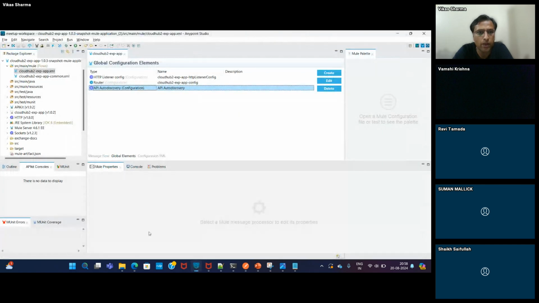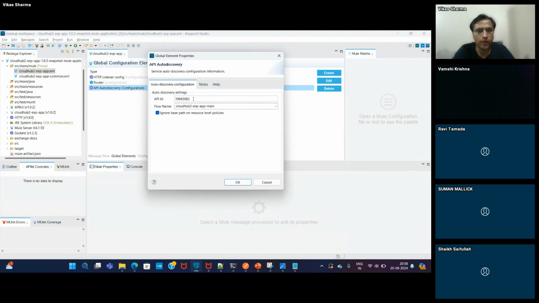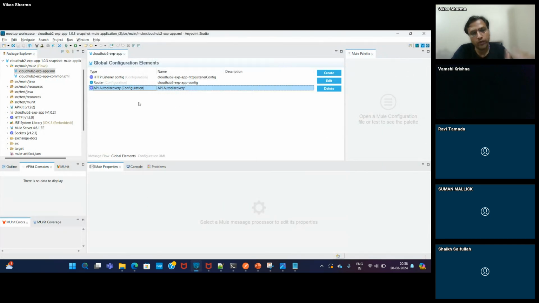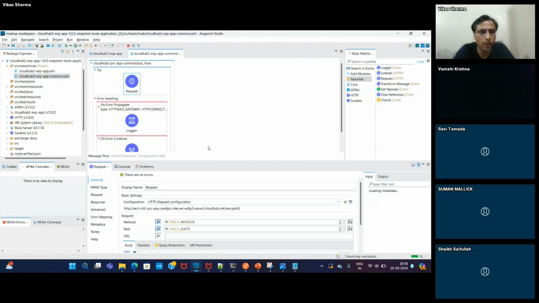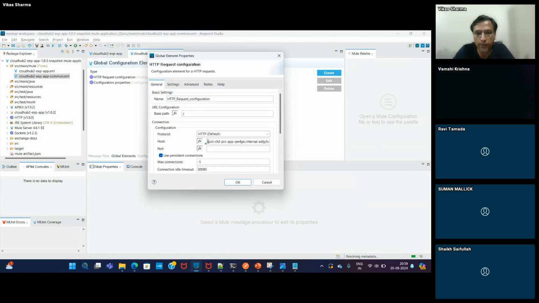So here it is, 3063. One thing is that you have to create the auto discovery so that you can relate your application in Runtime Manager to the API Manager. The other thing is that, similar to the process API, you have to make sure you change the process API path as well. Process API HTTP host should be the internal URL, the private URL basically, because process API and system APIs are not exposed